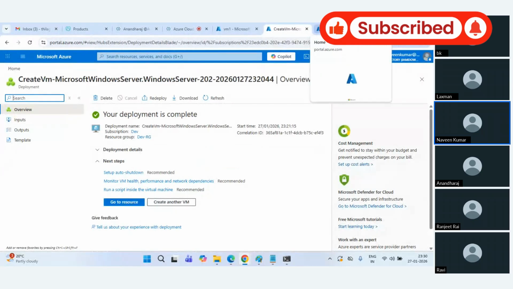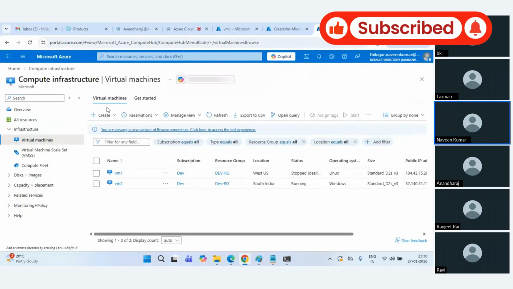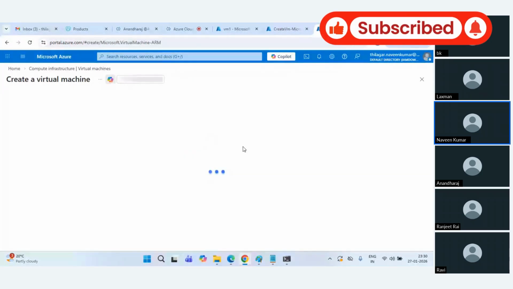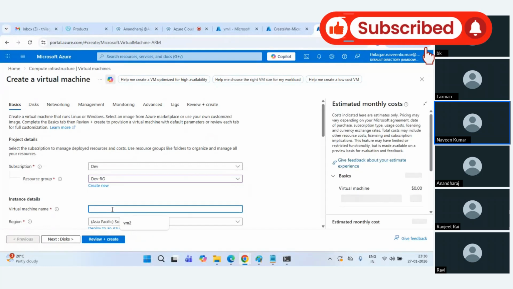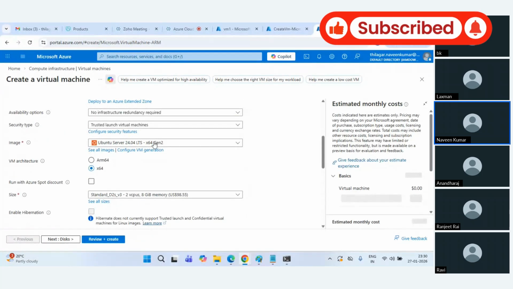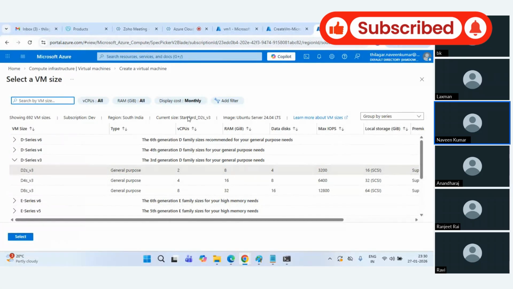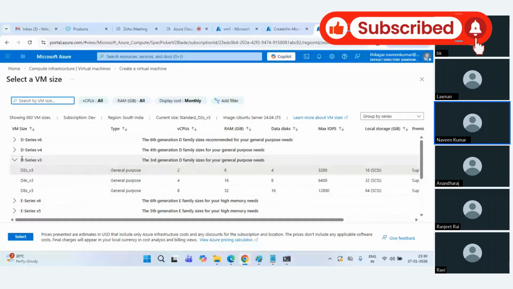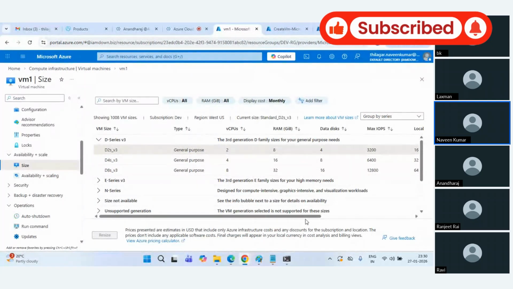Let's okay, let this be. I'll go to virtual machines, create VM. I want to show one more thing about this resize only. Let's say VM3 Ubuntu, see all sizes. Now here if you see, let's see if I can get any other disk. So what I wanted to show you is,